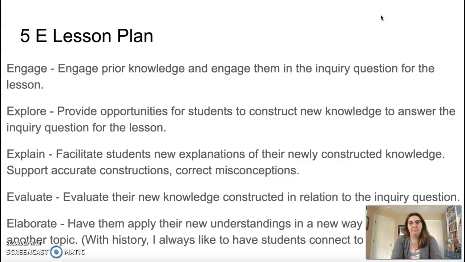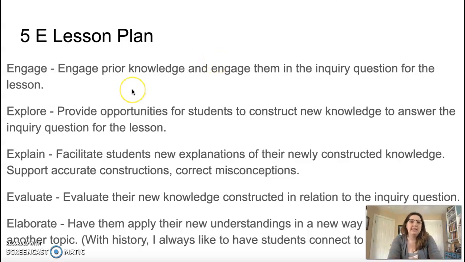In a 5E lesson plan, it's assumed that students have prior knowledge that impacts how they're going to construct new knowledge. And it also assumes that students will all construct knowledge a little bit differently. And so the teacher's job in a 5E lesson plan is to facilitate an opportunity for students to construct knowledge. Okay, so it's not like I'm spoon feeding them the skill, or directly inputting and banking that information into their head. I'm providing them an opportunity to construct knowledge on a question.